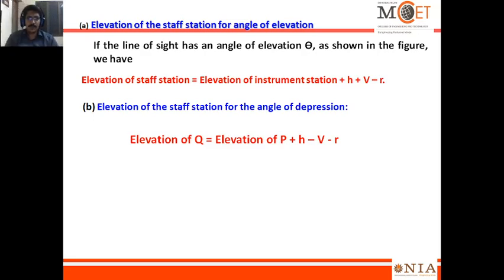Hello friends, we have stopped with that distance equation for inclined line of sight when the staff is held exactly vertical, and how to determine the R, or the elevation value, of the point. If it is an angle of elevation, this has to be used, and if it is depression, minus V